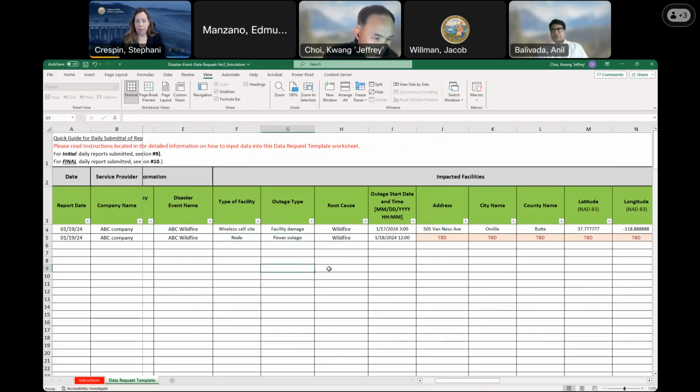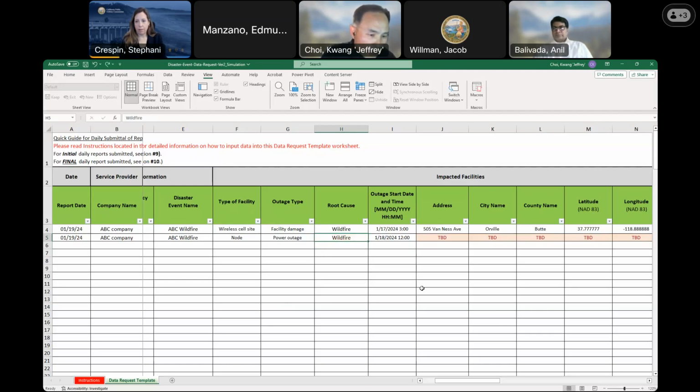And root cause, also you put it like this, as you know. Maybe if you don't know root cause yet, then maybe you can put the TBD here. But maybe I assume you know the root cause.